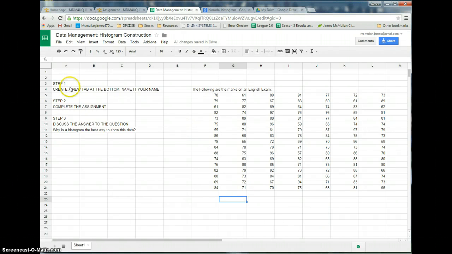So what you're going to do, you're going to create a new tab at the bottom of the sheet with your name. You're going to complete the assignment, so make the histogram, and you're going to discuss this question: why would you choose a histogram to display this data? And just notice that this is generated